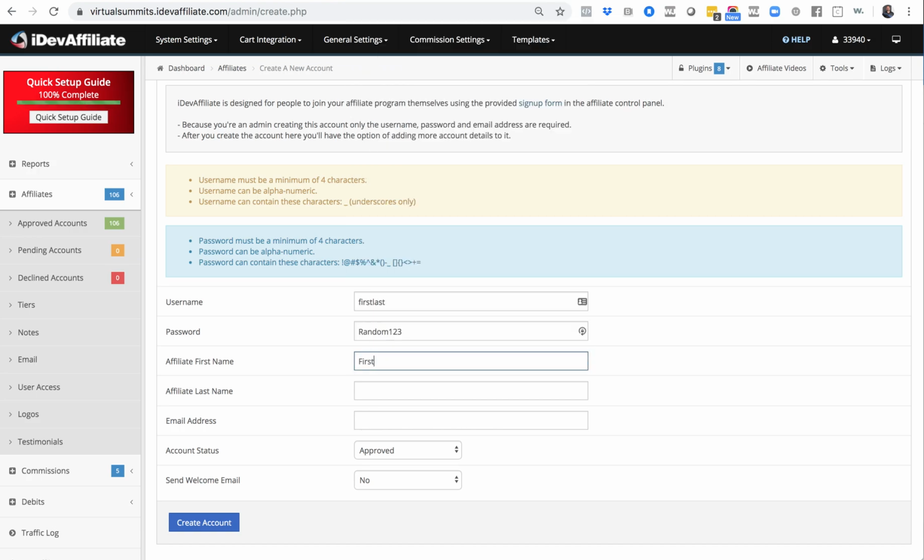Then you go back and you put the affiliate's first name, last name, and an email. Okay, go ahead and put their account approved, and you can send them a welcome email here if you want. You don't have to, but that'll send them an email and give them access to it. Or what I like to do is follow up with my affiliates and literally just give them their username, the password, and then their affiliate link, which we'll do in a second. So then you just create account,